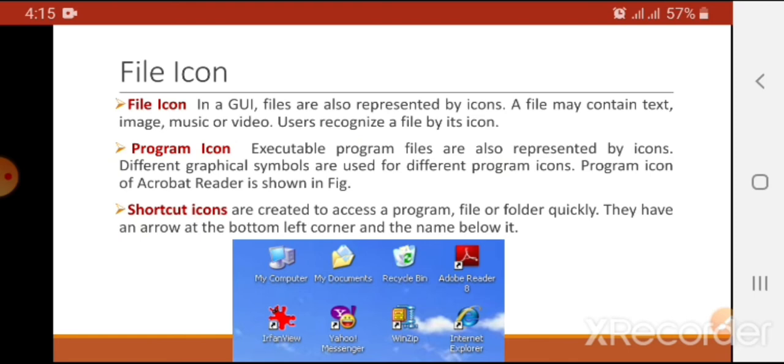When we click on that shortcut icon, we go directly to the required program or file. A shortcut icon is identified by the small arrowhead in the bottom left corner of the icon, and it has a name written on it.